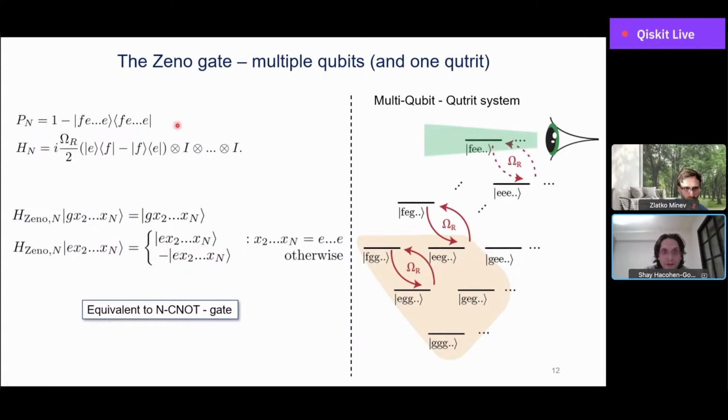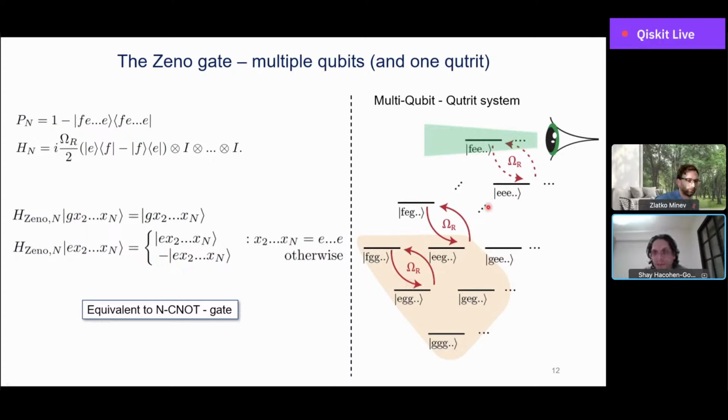But our projector is highly non-local. Our projector is now just going to be observing the FEE state. Okay, it's going to be again asking the question, are you in this state? Are you in this state? Very, very rapidly. So it will inhibit the evolution from the EE state all the way to FE. All the others will not be inhibited. And if we look at the evolution of what happens, so if we have states with G, the qubit starts with G, nothing will happen to those according to the Zeno Hamiltonian. If we now look at states that started with E in the beginning, they will pick up, again, this minus sign phase,